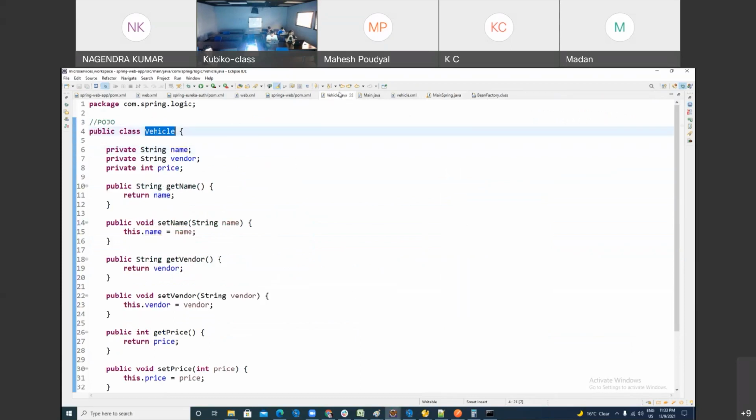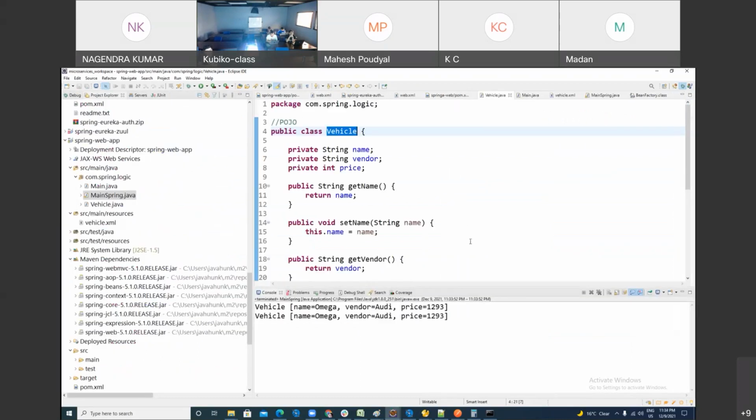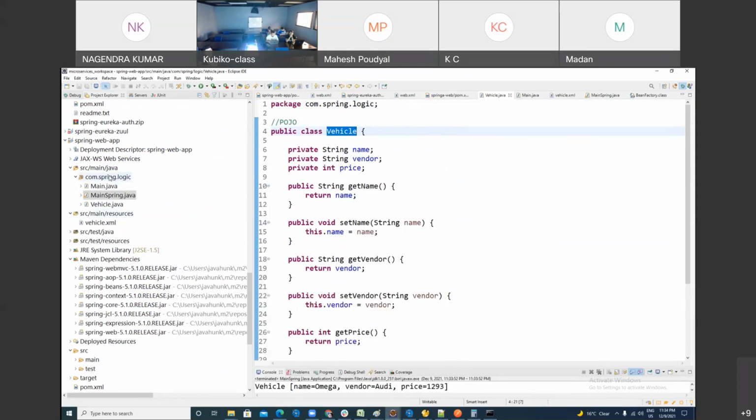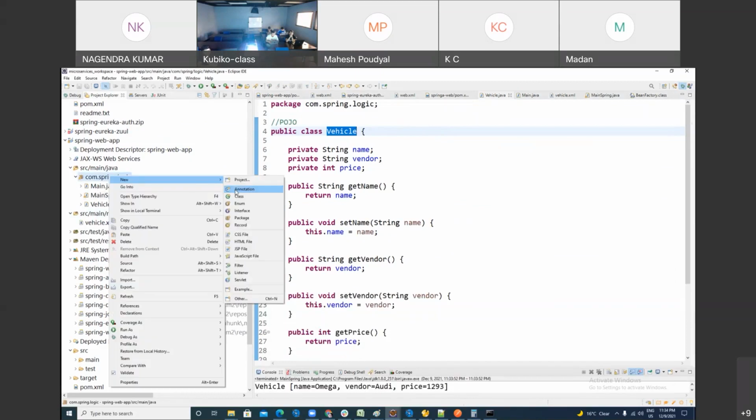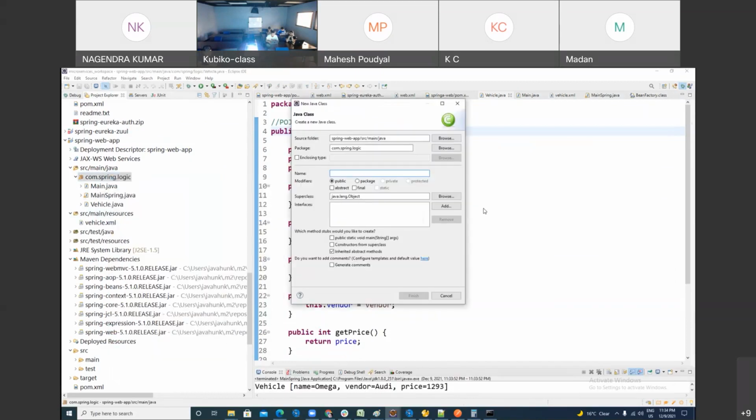Last program for today. One bean might have a dependency on another bean, which you have to learn. I'm going to show you one program where one object has a dependency on another object. Ready? Let me make a new class. My class is Car, right? Whatever I'm teaching you is a very bad example, but I don't have any choice. Spring is not for making car objects.